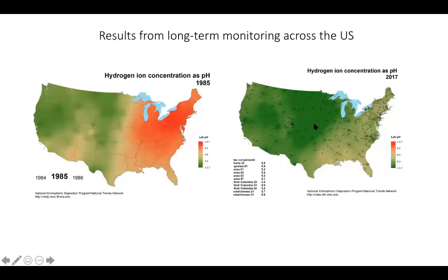And this is not just unique to the Adirondacks. Similar monitoring networks of precipitation acidity extend across the whole country, and so you can make maps like this of the acidity of the precipitation over the country as a whole. The two maps are shown in 1985 and 2017, and you see this movement away from these red colors into these greens. So this increase in the pH or decrease in acidity,